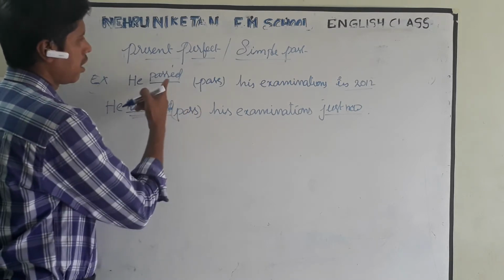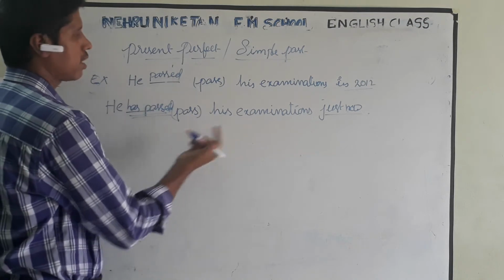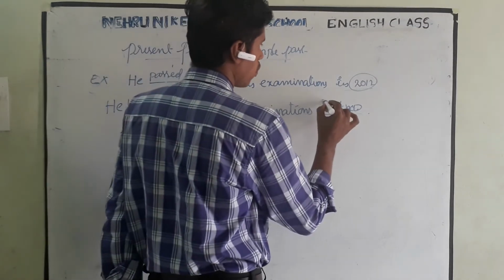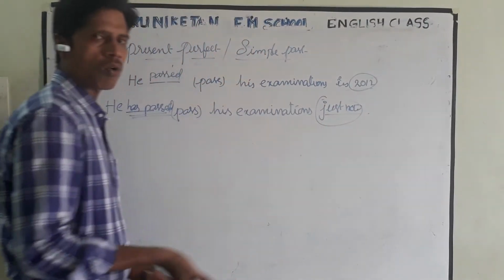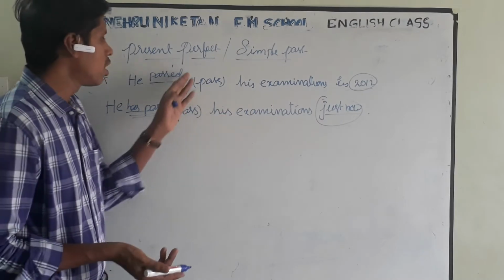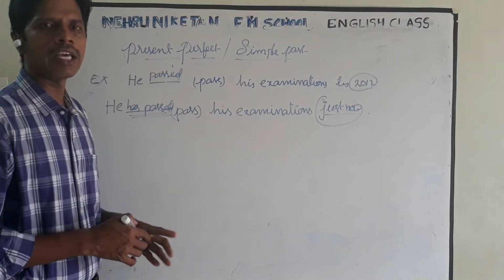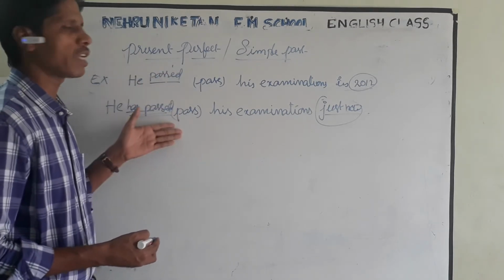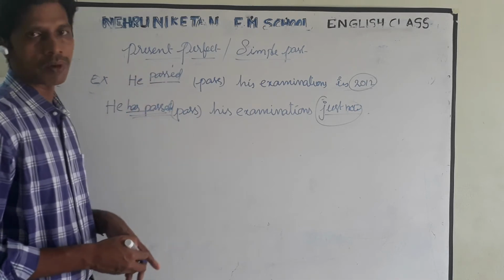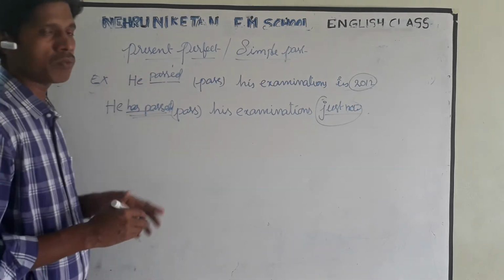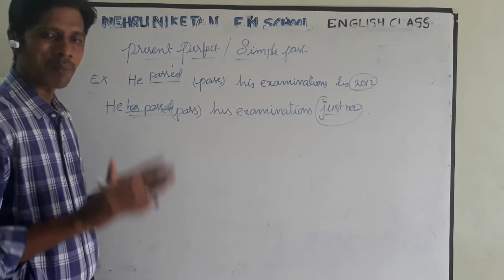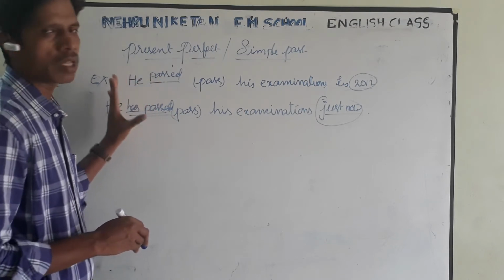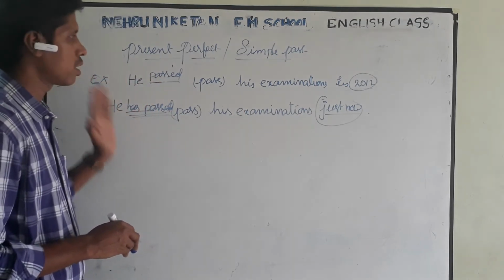See children, simple past, present perfect. In simple past, the action happened previously; with just now or recently, the time is indicated. Here the time is not indicated; both have happened. The only difference is the use of time between the two sentences and the two tenses, simple past and present perfect. Please note it down. Pause the video, note it down, and zoom in. First you have to zoom the video and you can see.